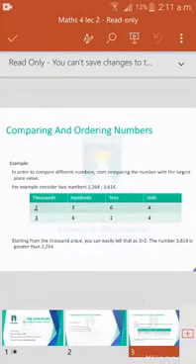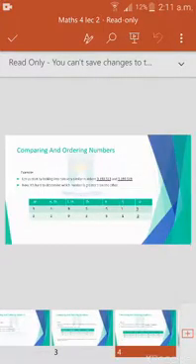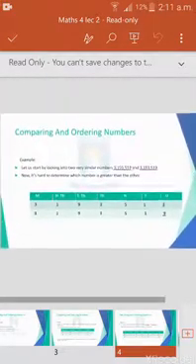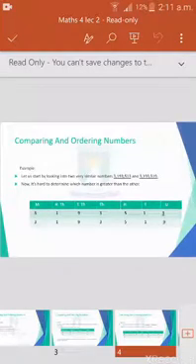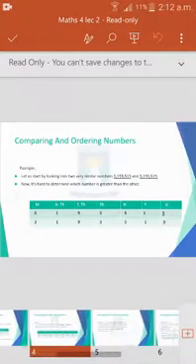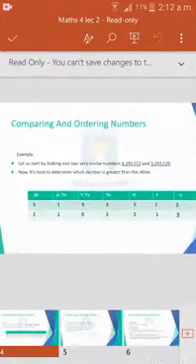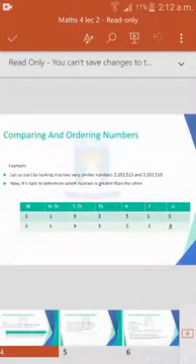Then we have another example, which is for a bigger number. We have 3,193,513, and then we have 3,193,519. Now we have to find out from the unit place which number is greater and which is smaller. When we see the number in the first row, we see 3 at the unit place. And in the second row, we find 9 in the unit place. From here we can find out which number is greater.